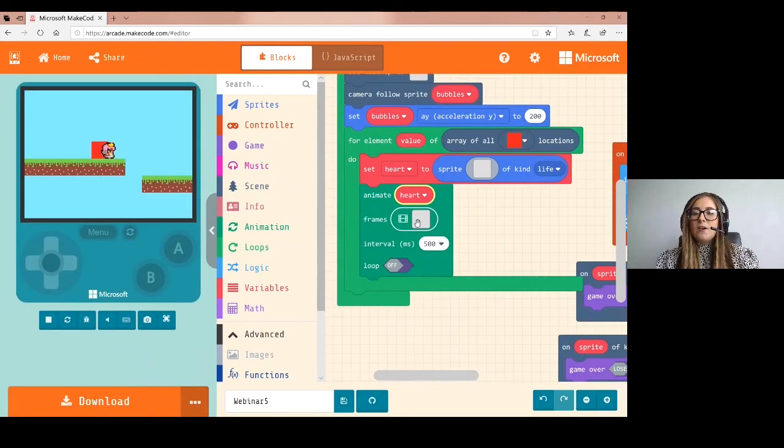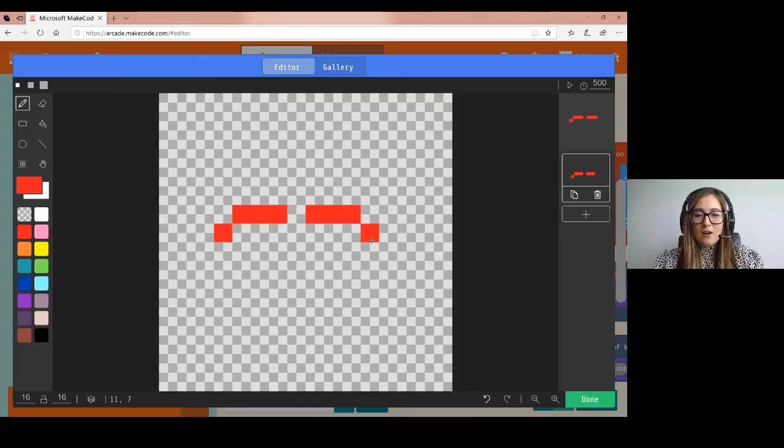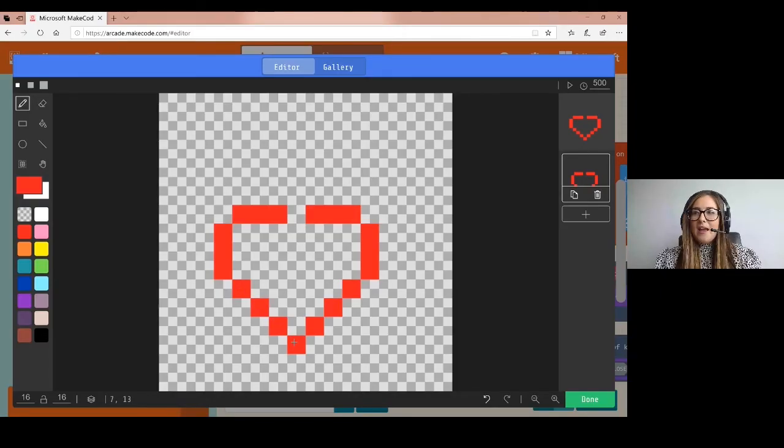And now I'm going to actually draw my heart to my animation. And I've been practicing this, haven't I, Amanda? So, yes. So hopefully this goes to plan. So I am going to take my pencil and my red color, and I am going to go 3 across each way, and then to the side, and then down 2. And let's see if this works. Woo! Okay, so I have kind of the outline of my heart,